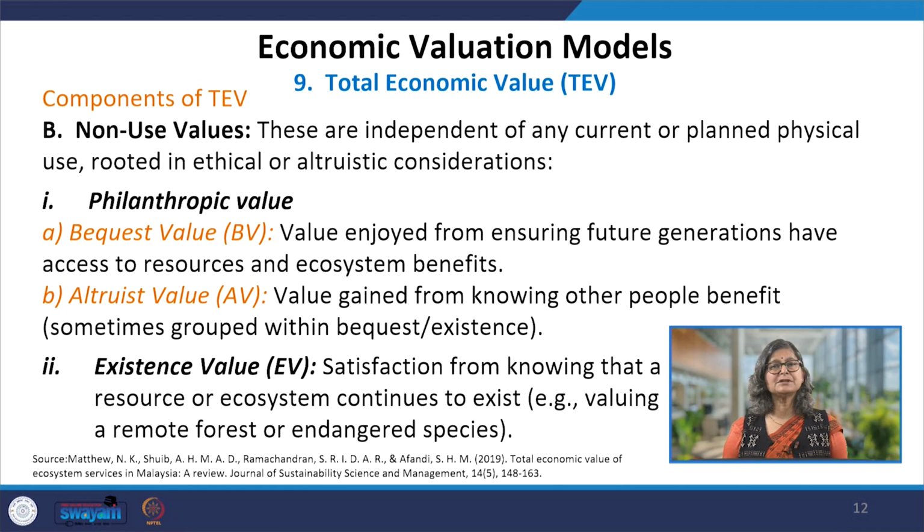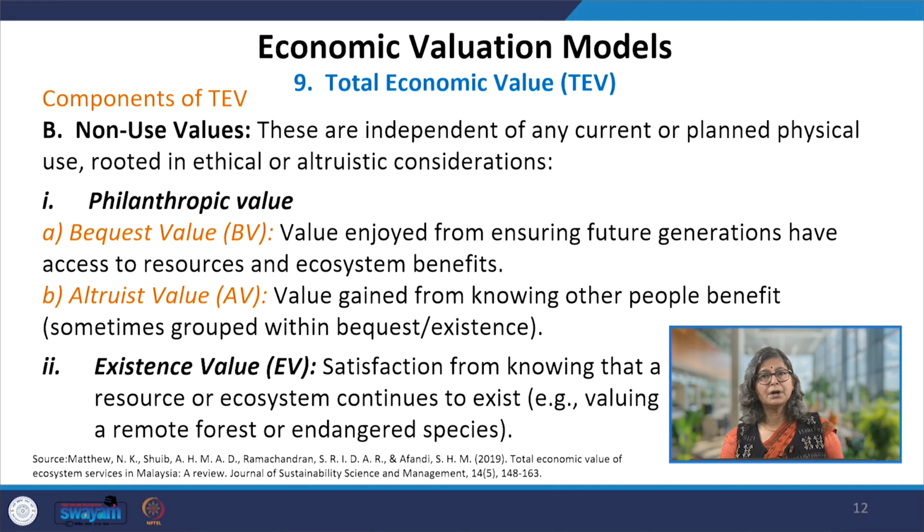So, you are keeping something for your future generations. And the second part of this philanthropic value is again philanthropy, again altruistic, the value gained from knowing other people benefit. So that means you don't know those persons, but you are keeping something for them, sometimes grouped within the bequest or existence. The second part is that existence one, which is the satisfaction from knowing that a resource or